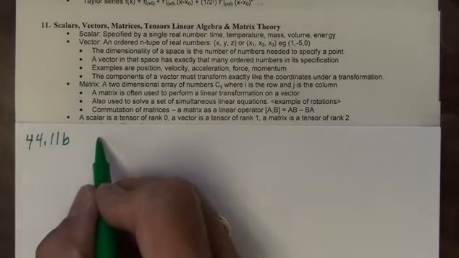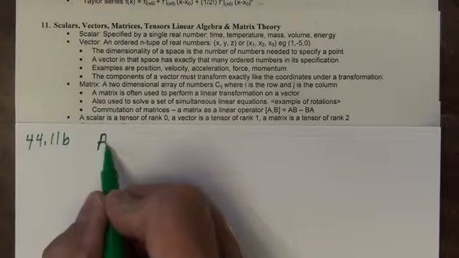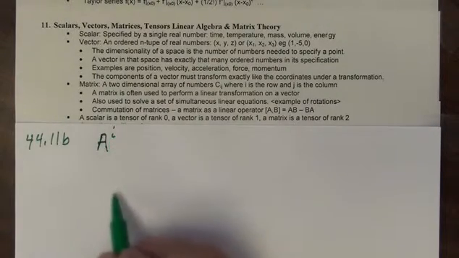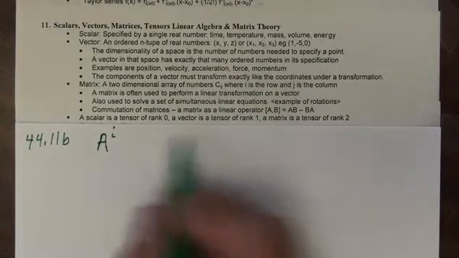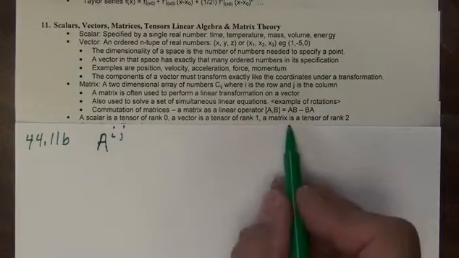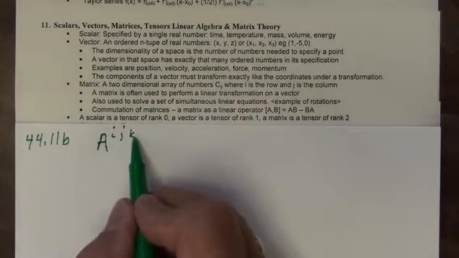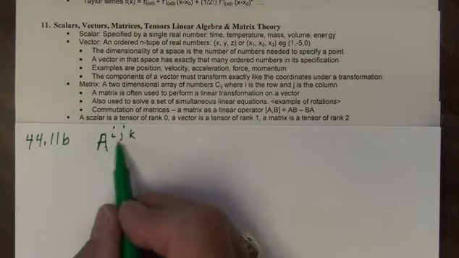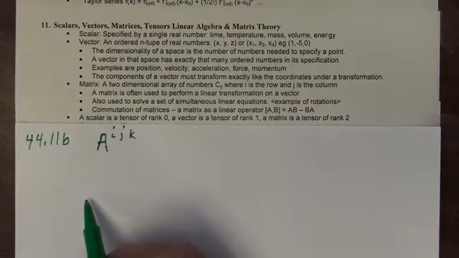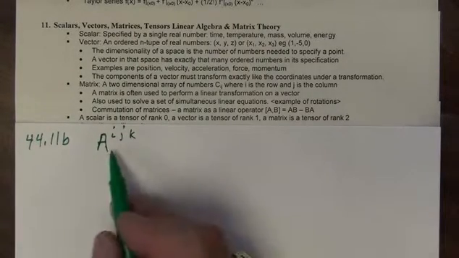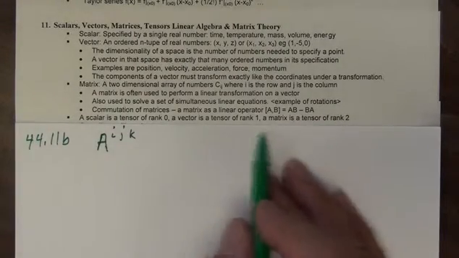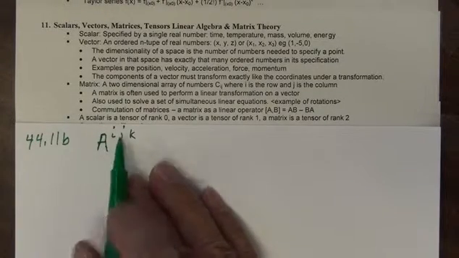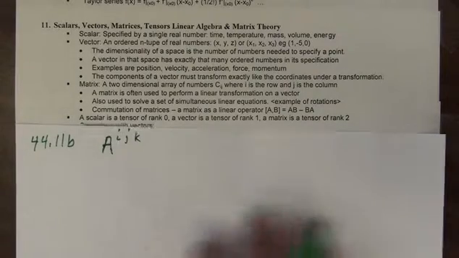In fact, if we take some object, like A, if it has no indices, it's a scalar. If it has one index, it's a vector. If it has two indices, it's a matrix. If it has three indices, it's a tensor of rank 3. So the number of indices that I have is in fact the rank of the tensor. And scalars and vectors and matrices are just the 0th, 1st, and 2nd of those types that we might